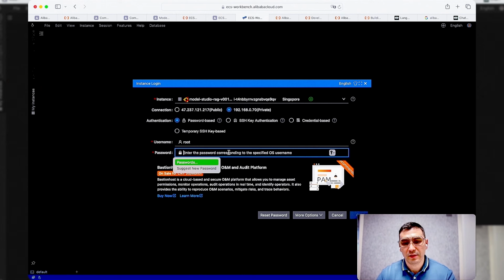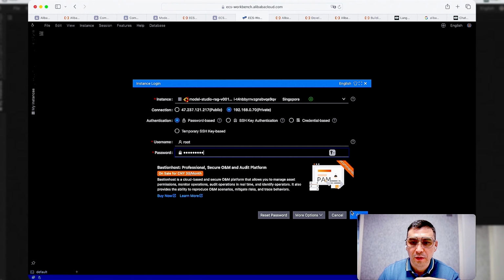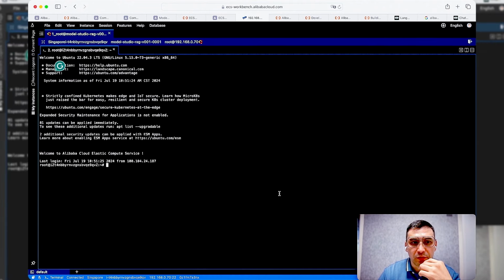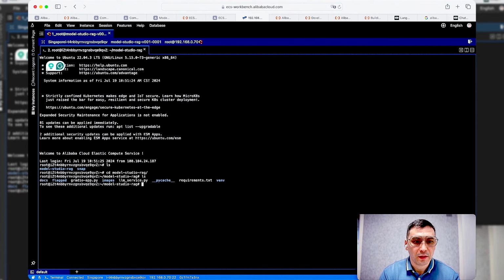Here I'm just connected from the console by itself. So I put in my password. Previously I put it in, then I can connect to the node. And as you can see here, we have the Model Studio, and all of the information can be modified. For example, if you want to modify and add agents on the RAG or tools, then basically you can go to